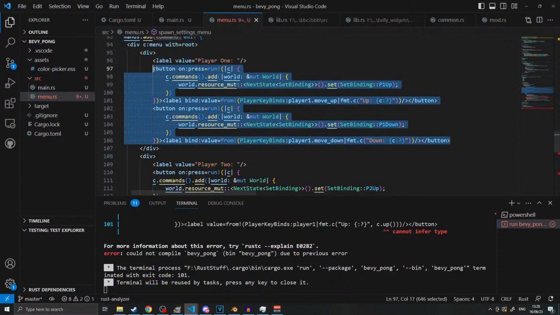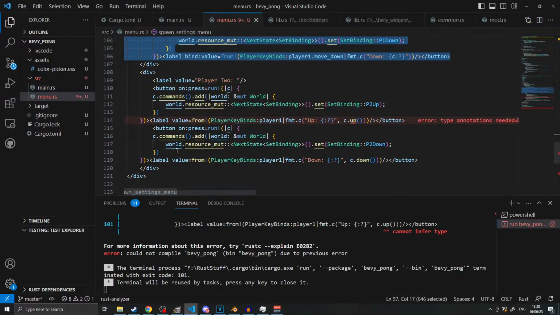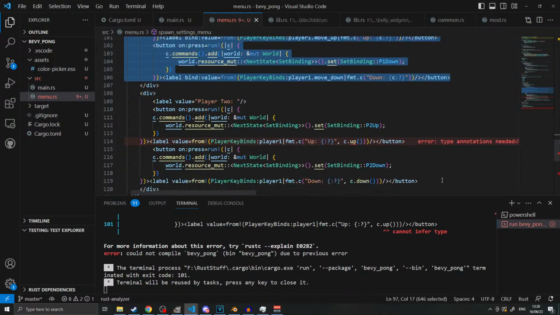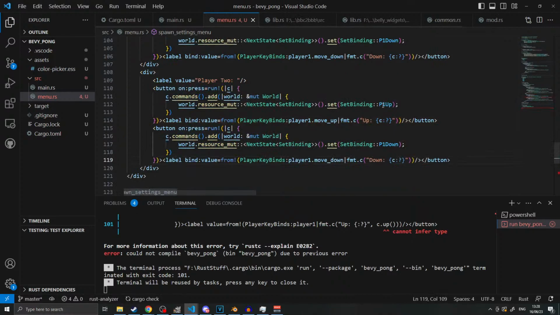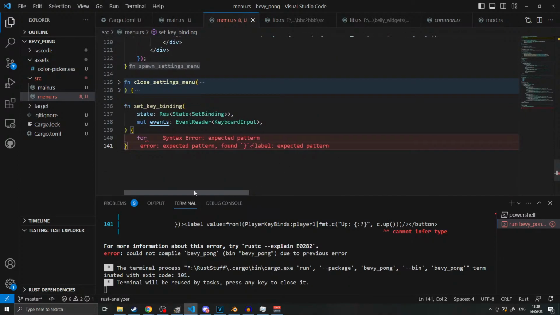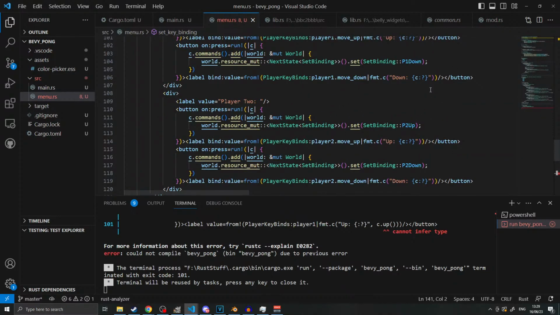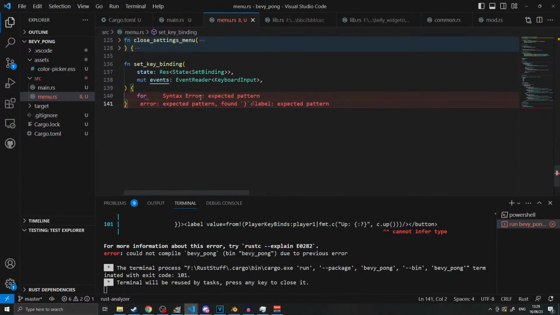And then I think I'll just copy both of these down here rather than have to work that whole thing out again. Paste those two in, but it's P2 this time. Okay, so that should now pull the resources out and display the currently bound key. When clicked, it'll set this mode. Then we go for